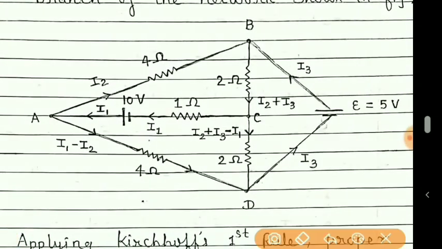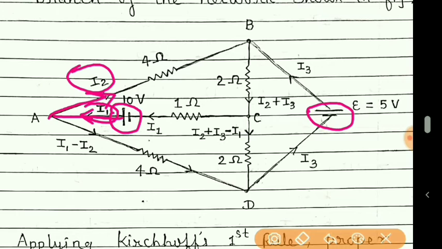Now students, you can see that in this network there are two batteries. One is of 10 volt, other is of 5 volt, and so we will start with the battery with higher voltage. So current emerges from this battery. Let this current be I1. Already the distribution of current in the figure is given, but still we will see it once. So this I1 now will move to point A. Now on this side let the current I2 be moving.